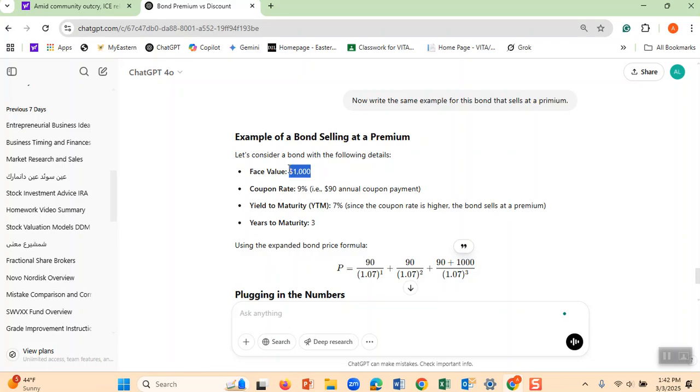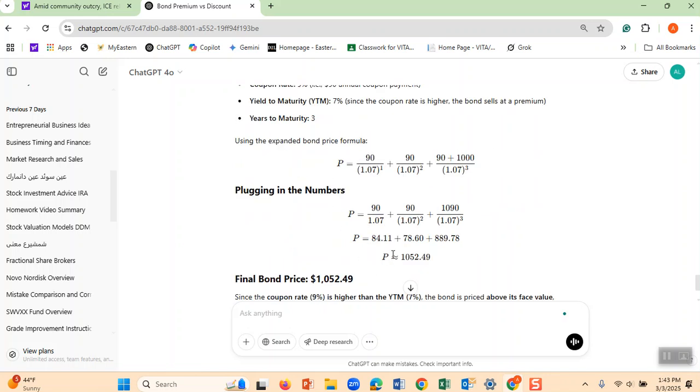If people put their money in the bank, they are not going to get 9%. They are going to get only how much? They are going to get only 7%. Do you see that? Which means the banks are giving the investors, the people who put their money in a savings account, less than Donald Trump is giving. Therefore, Trump would come and say that because he is giving you more interest, he is going to increase the price of his bond, and he is going to sell it at a premium of